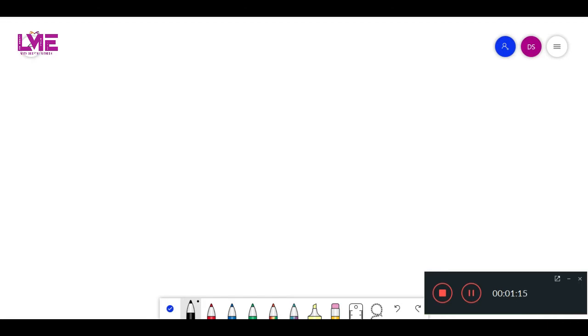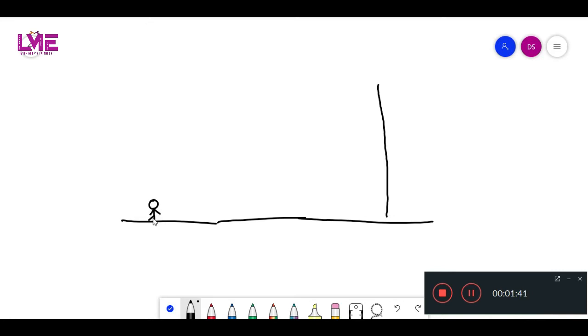Okay, for example, let me take a tower. So this is a real-time example I'm giving. So let me take a tower with some height. So this is the base for the tower. Okay, and let me imagine a person is standing here and looking at the top of the tower, or I can say the tip of the tower. So I can say the person is looking at the tip of the tower. So this is a vision or the line of vision.